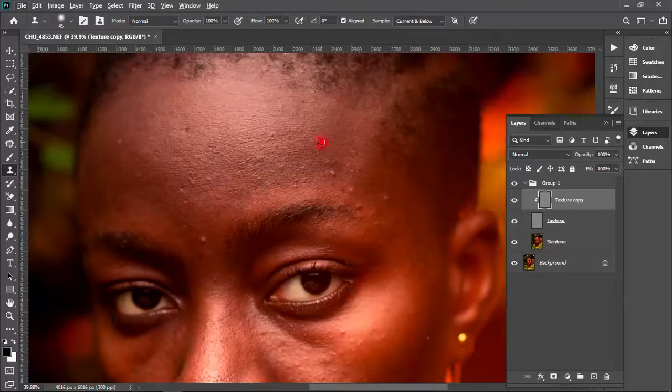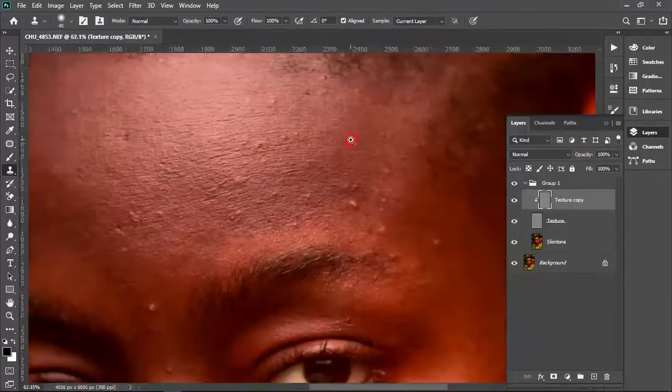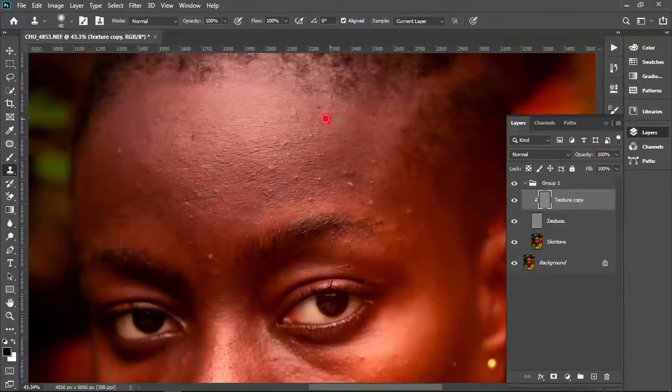blemish on her face. So I'll sample from a smooth part and just, oh sorry, you have to change this from current and below to current layer. If it is on current and below, we change it to current layer, and that is all. So sample and brush, sample, brush. Now with this method, I do not see those marks I was getting from using